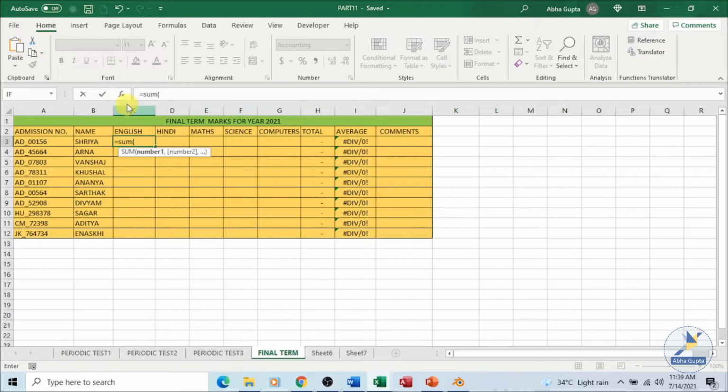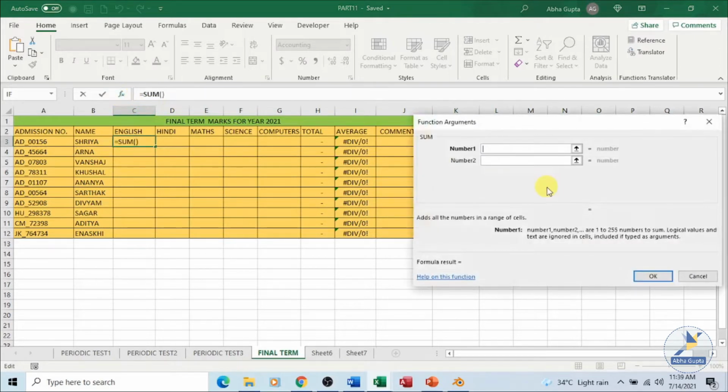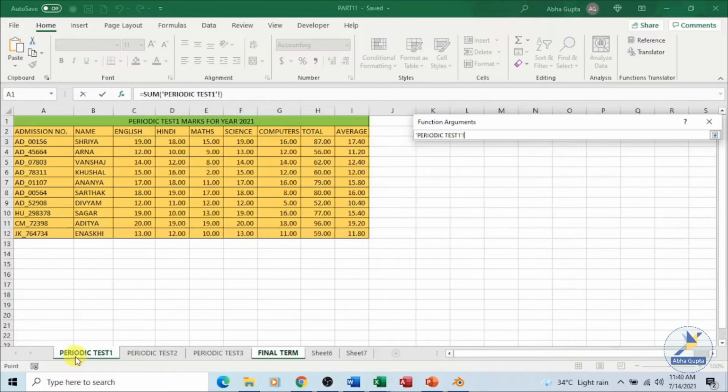Let's go to periodic test 1. Let's make use of the function over here. Here we want to enter the data. Click on this reference, go to periodic test 1. Automatically it will include the name of the sheet within single quotes, followed by an exclamation mark and then your cell reference, like over here. In my function, opening parenthesis, I have the opening quote, name of the sheet, closing quote, exclamation mark, and the cell which is containing the data. Again click on this,